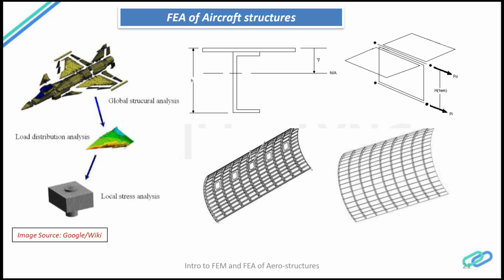So moving on to the next slide, I have put some the global finite element model of a fighter jet, and then how the localized structure would look like. So imagine this is a global model which you are modeling in the FEM. You don't have any particular area of interest, and you just want to run the model to check the loads at the interface points, which are the connection points. And then finally,